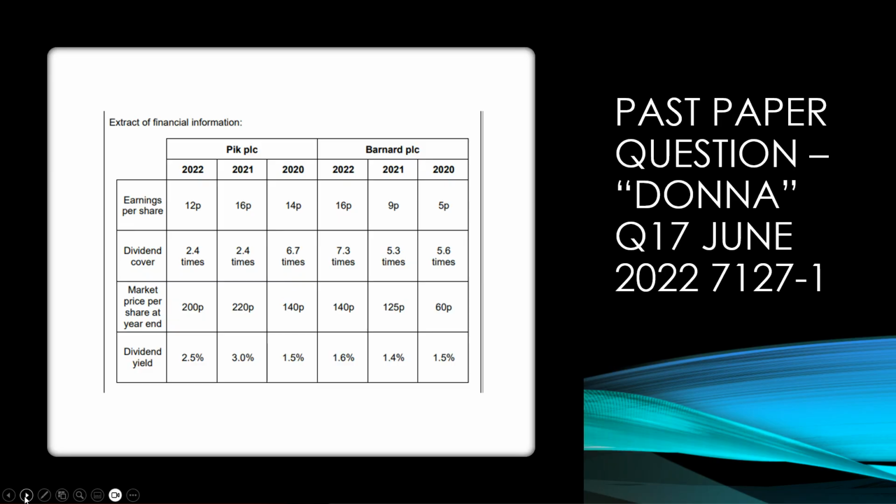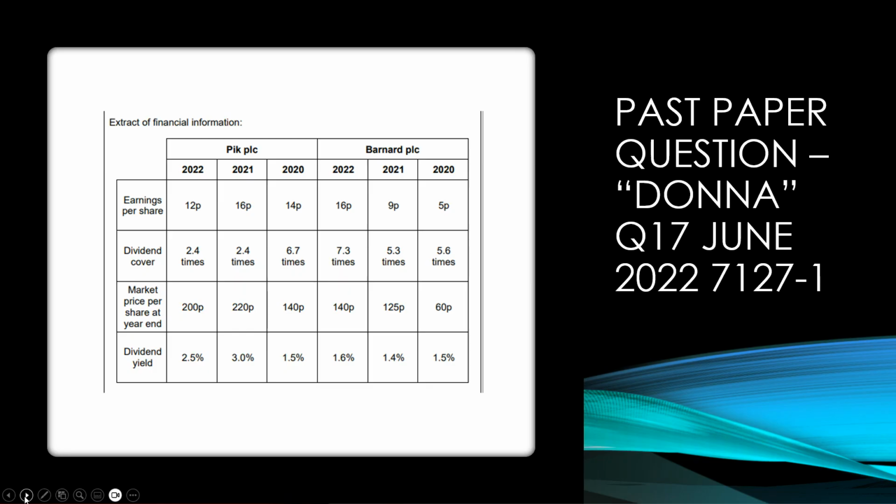Dividend cover, much lower for PIC. It was 6.7 times in 2020, but that seems to have dipped to 2.4 times in the last couple of years. That means that they're paying roughly half their profits out as dividends and retaining the other half. Whereas with Barnard, it looks like they're retaining more profits, so that would indicate growth. Market price per share, £1.40 for PIC in 2020. That's risen to £2.20 in 2021 and then fallen back to £2 in 2022. Whereas Barnard PLC has shown strong growth throughout the 3 years, 60p to 125p to